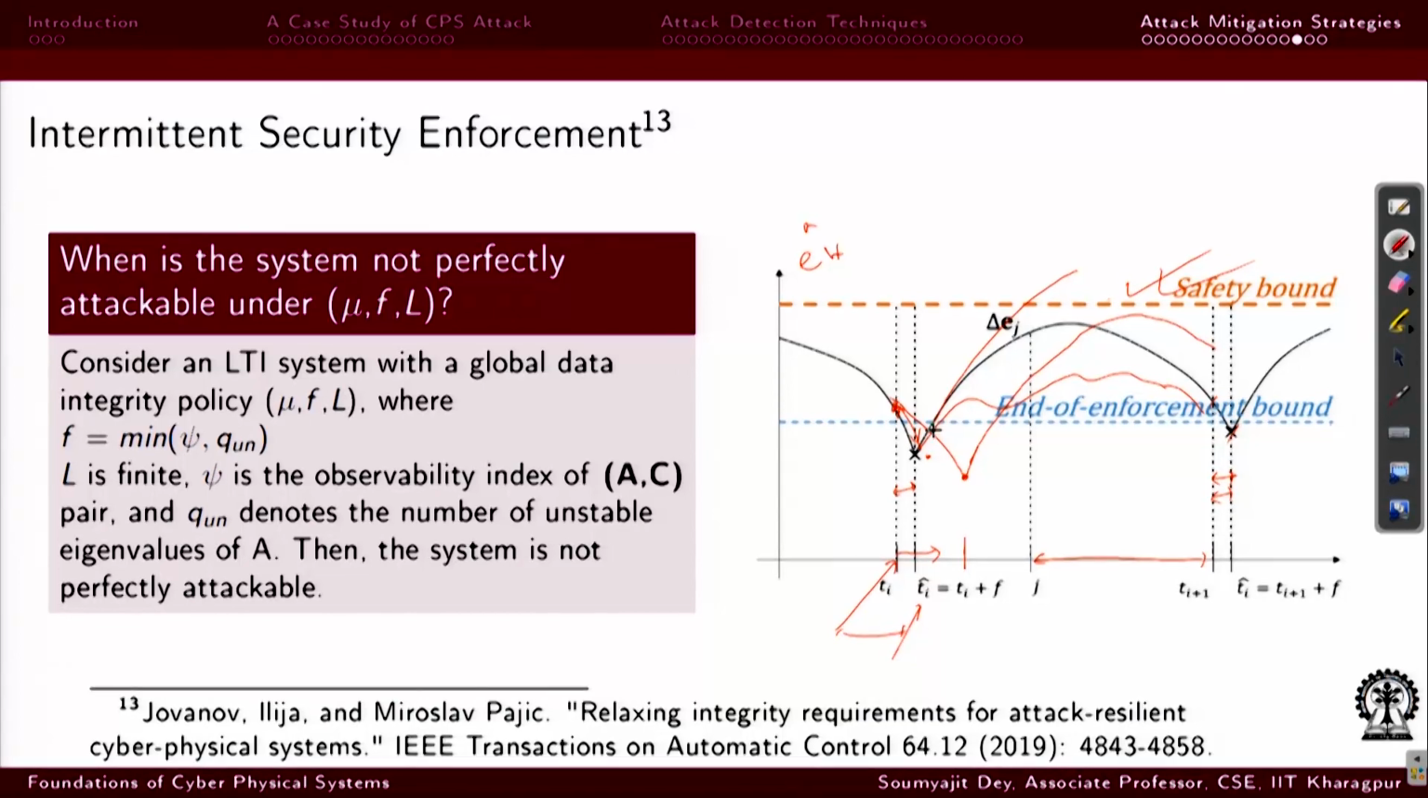So that is the point. This curve could have been anything here. I don't have any control on that because of the stealthy attacks, but I have a control from this point to this point, when I decide what should be the length of this interval, so that inside this interval I bring down this error to such a point,